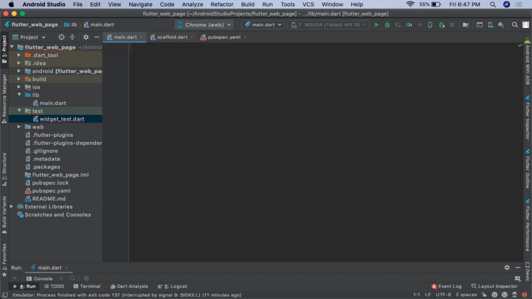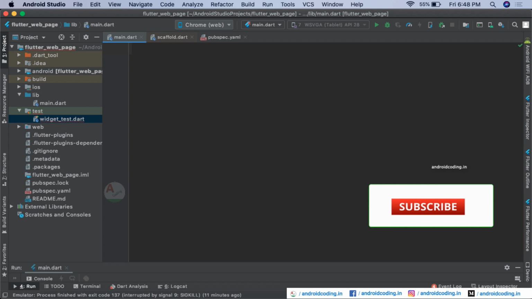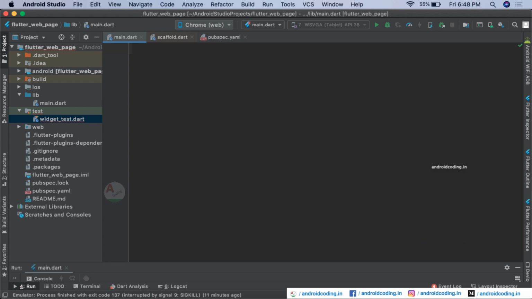In this blog, we will see how to design a user input form for a web application using Flutter. In our previous tutorials, we have seen how to create a basic web application using Flutter, and also discussed the features of Flutter version 2.0. I suggest you go through those tutorials to have a good understanding of this topic.